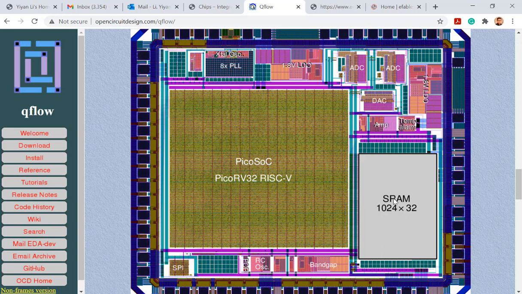So static RAM is normally used for cache. Cache, C-A-C-H-E, right? So it's a really high-speed memory being placed adjacent to the CPU inside the chip. Unlike DRAM, which is normally a RAM card you can plug into the motherboard, SRAM, static RAM, is normally used as a cache adjacent to the CPU because it's high speed, higher cost as well. And you can see ADCs, DACs,